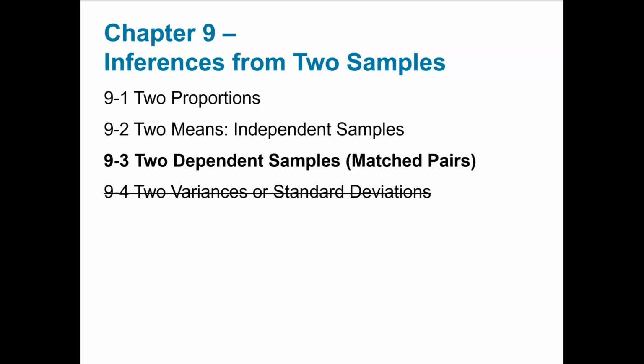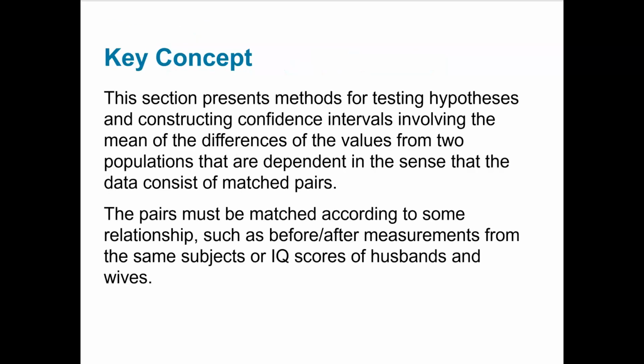We are finishing chapter 9 and we're doing two dependent samples, matched pairs. So the key concept here is we're going to be testing using hypothesis testing and constructing confidence intervals. And just recall that a matched pair has some sort of relationship, like a before and after measurement from maybe the same subjects, or IQ scores of husbands and wives, or we're looking at males and females in different kinds